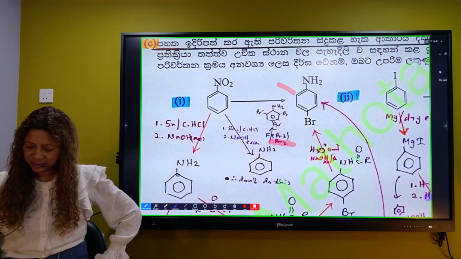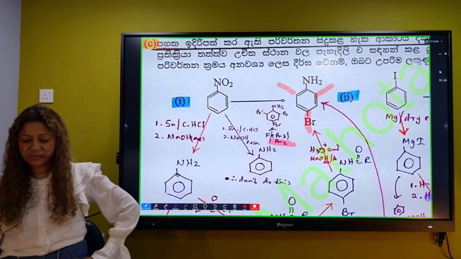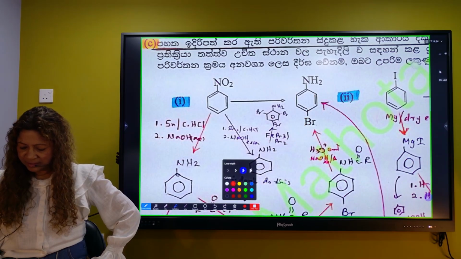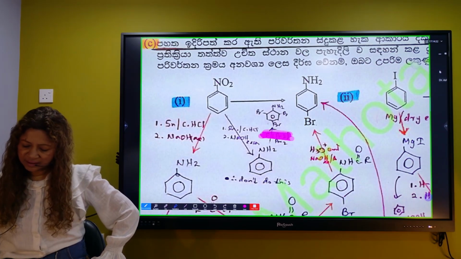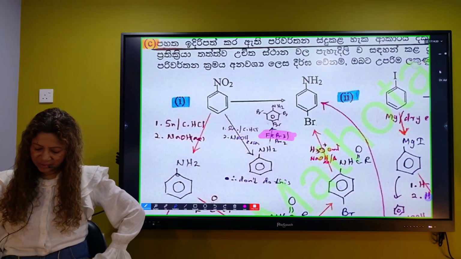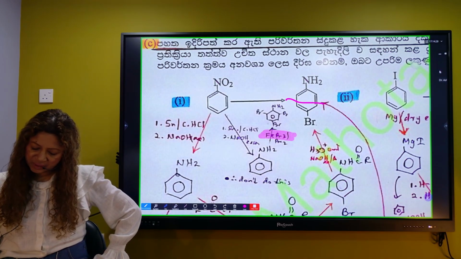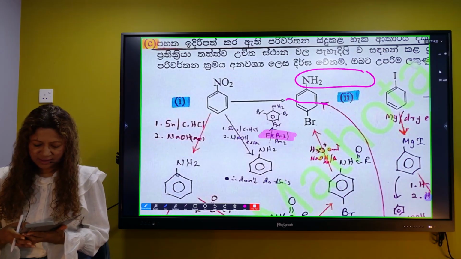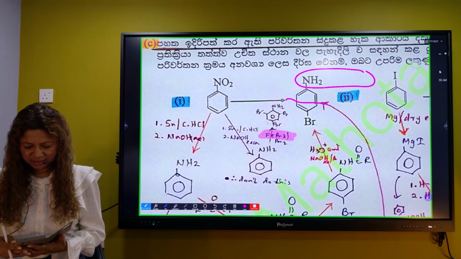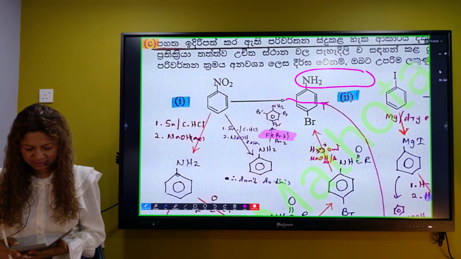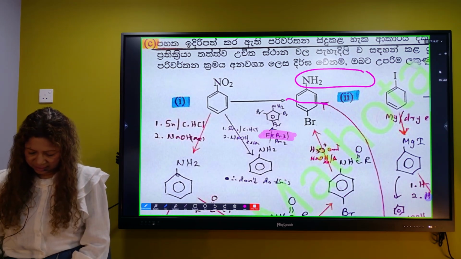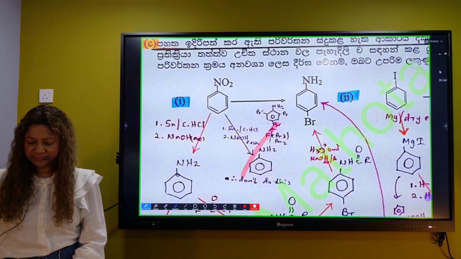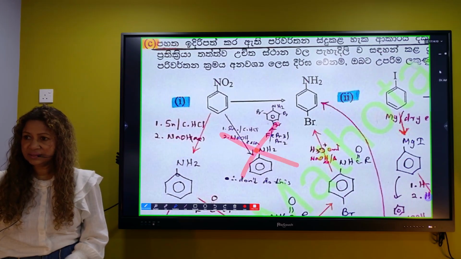this goes through electrophilic substitution at these three ortho and para positions. So if we add a catalyst, what happens? Then the reaction is so vigorous it can break this, or otherwise it can make a complex here. So no marks for this method. This method is wrong.